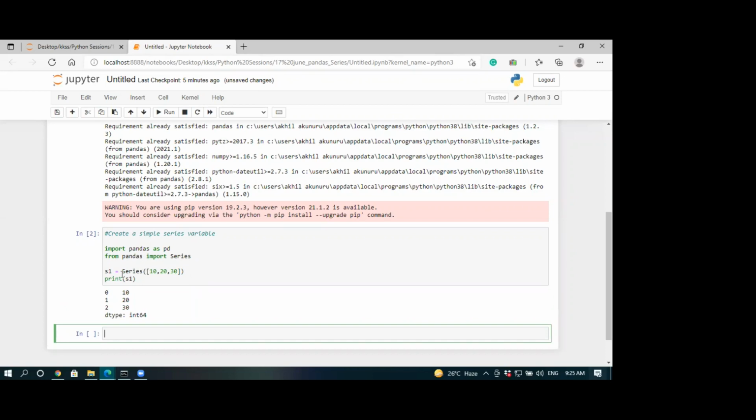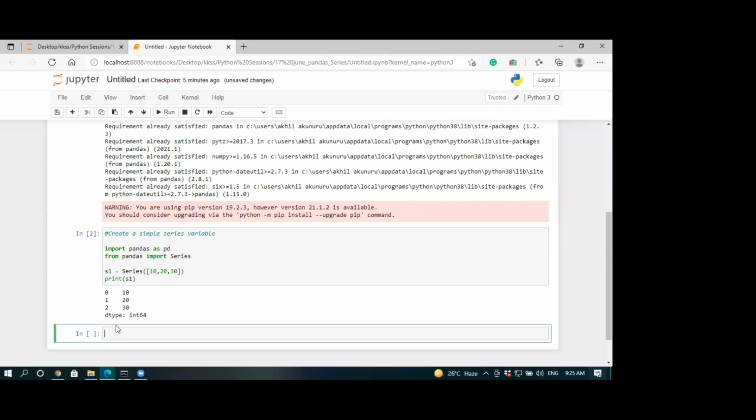Okay, there you go. We created a series with 10, 20, and 30 as our values. As we haven't specified any indexes, it takes the default indexes 0, 1, and 2. So the first column you see is the index, and the next is the series values 10, 20, and 30.